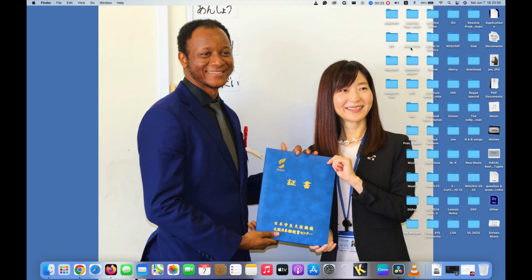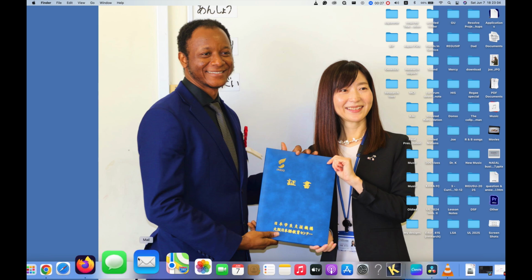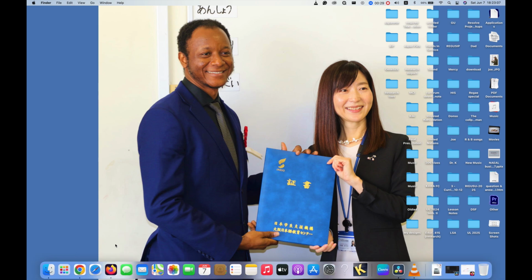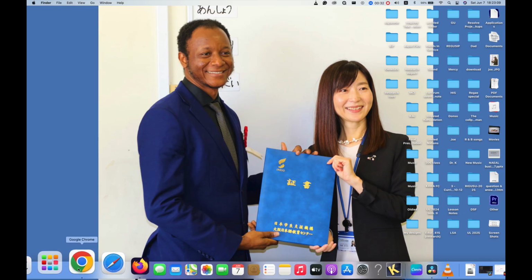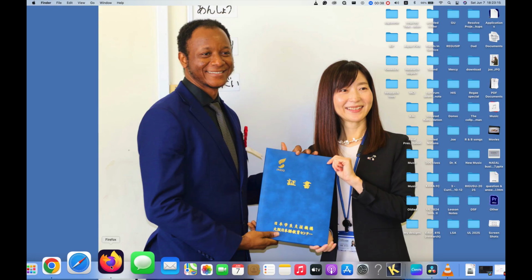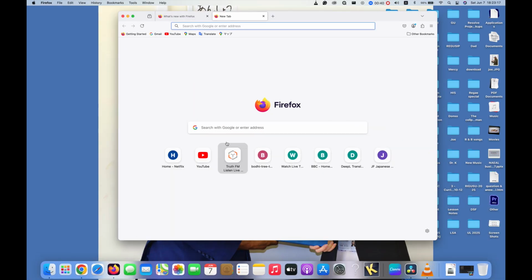So after you have connected your smartphone or your computer to the Wi-Fi or internet connection, you go and open your browser. I have two browsers here, the Chrome browser and the Firefox, so you can use any of them, and there are other browsers as well. Let me use the Firefox, and then you go straight to your search engine and type in